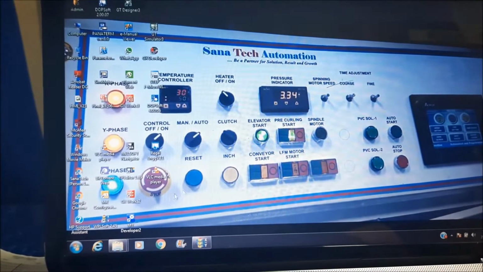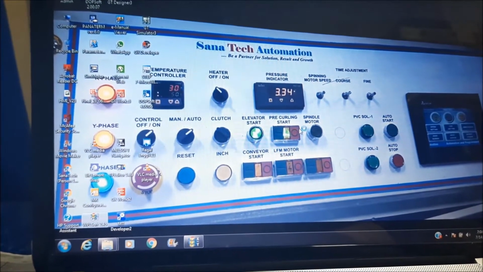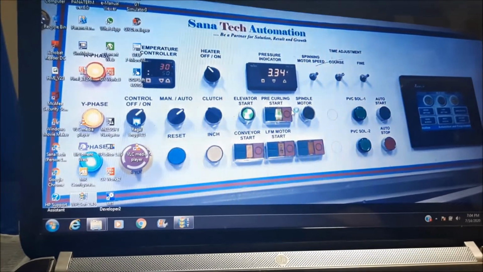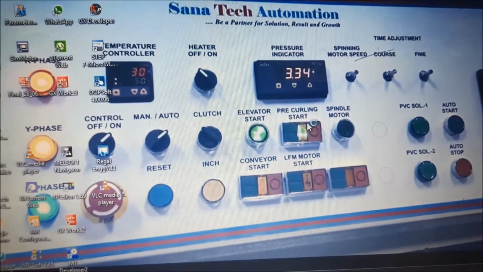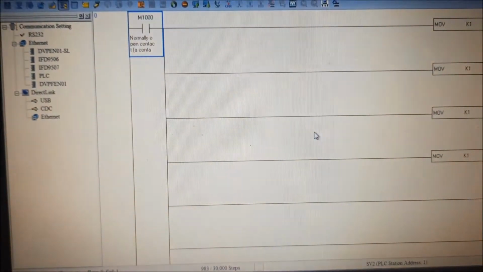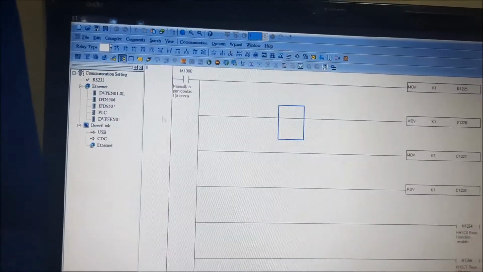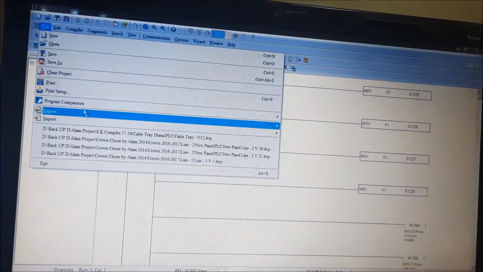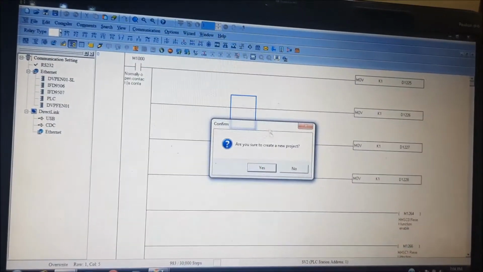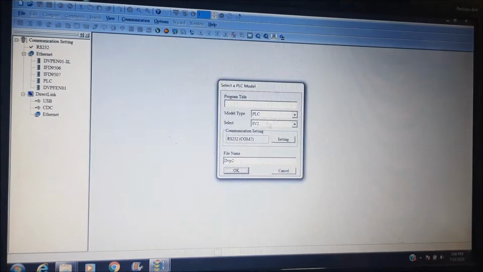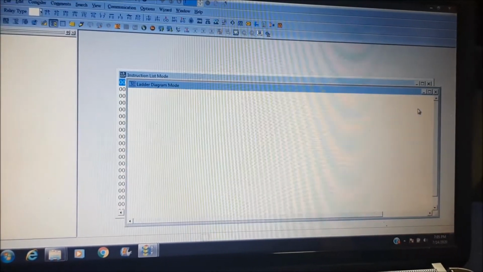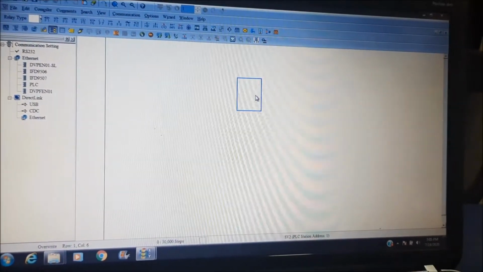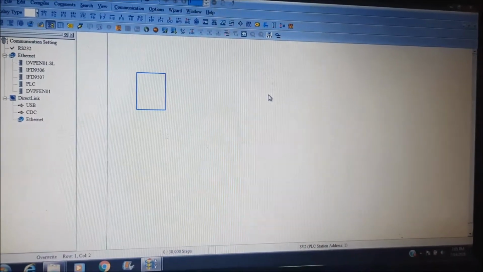Delta PLC programming for encoder. For that we have to open the WPL soft. WPL software is opening. So see here, we are going from the very basic, from the very initial, so anybody can do it. PLC is already selected, SV selected, and for single phase, we just have to write